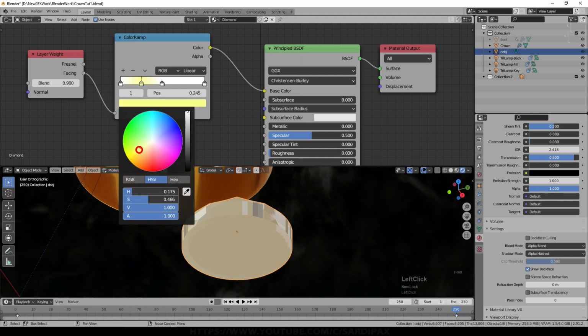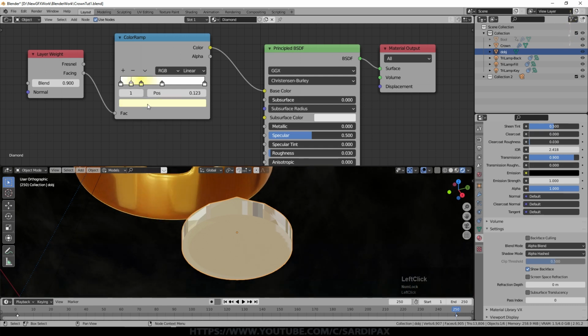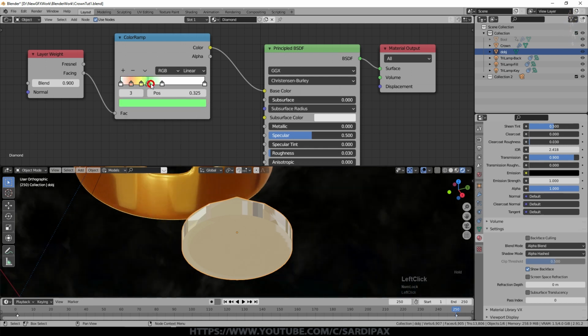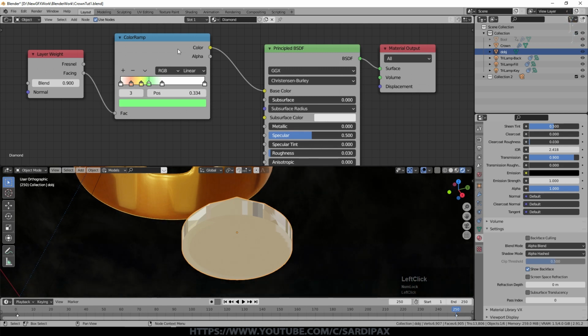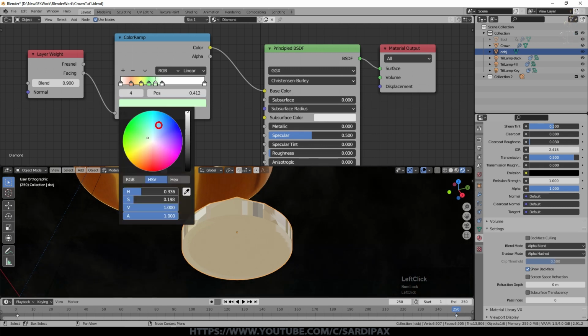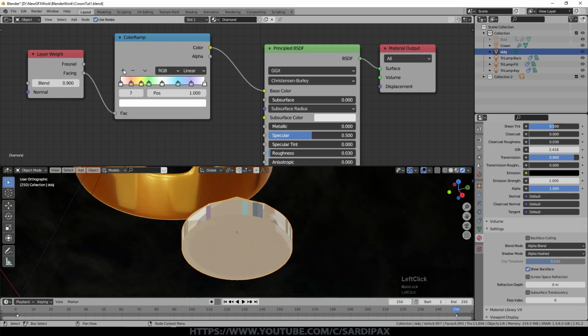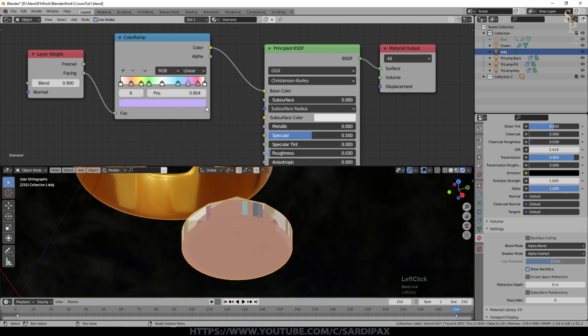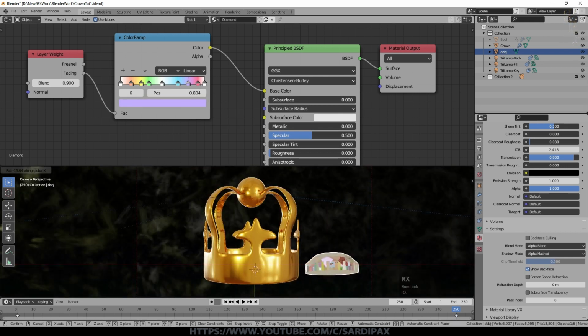So I'm going to start to add some colors. Add another node and we'll make this one perhaps red, and add another node and perhaps make this one green, and I'll stick that one over here just because that's what I did before, and perhaps have a cyan sort of color, a violetish sort of color, and then finally a reddish color. So I've made these colors a little stronger than I did before, just so that they're more visible. I made them quite pastel sort of colors. And you can now see, if I move this gem around, little sort of colored reflections.